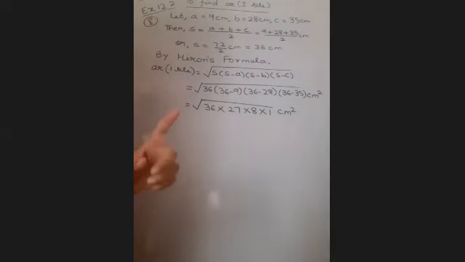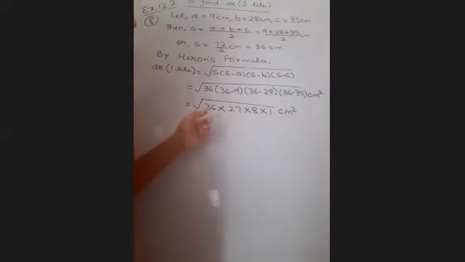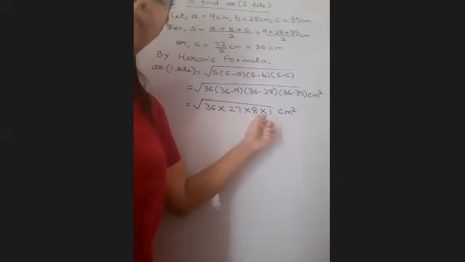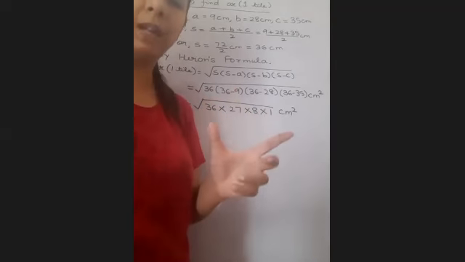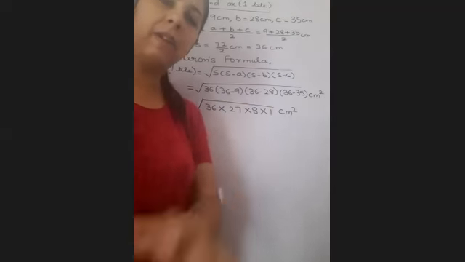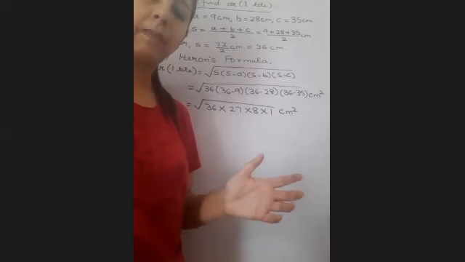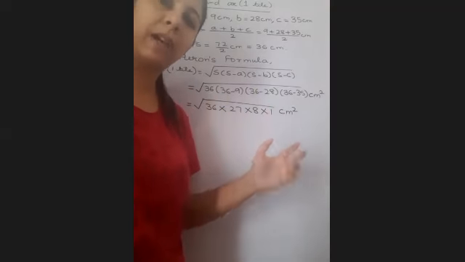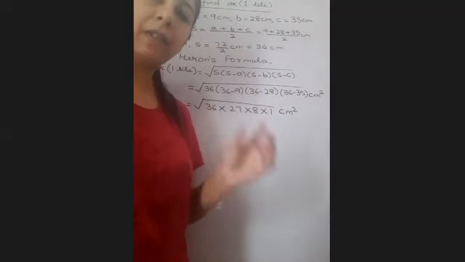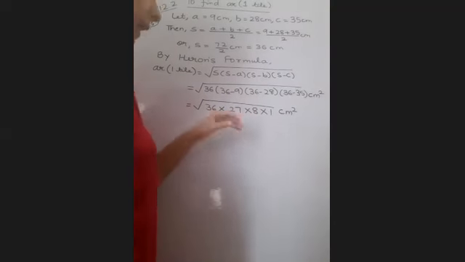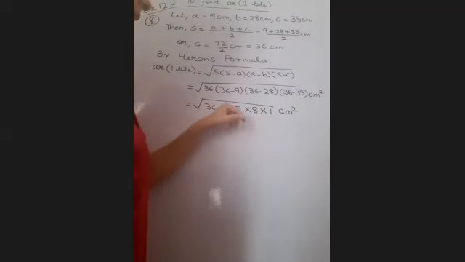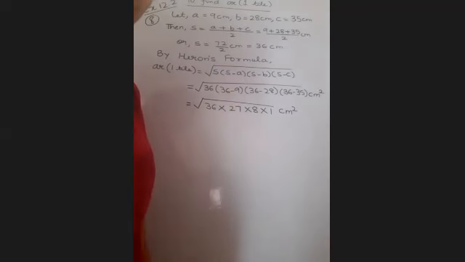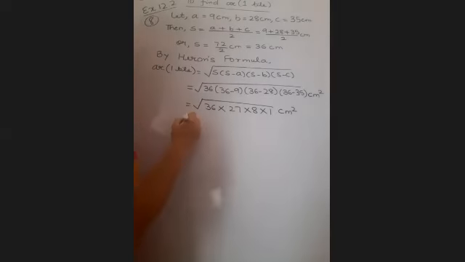Now, children, I will give you one tip. We want pairs inside the square root. No matter whether the pairs are of bigger or smaller numbers, I will advise you to go for the bigger numbers, because ultimately you will multiply them anyway. If you look at 36 and 27, they both come in the table of 9. So 36 I can write as 4 into 9.